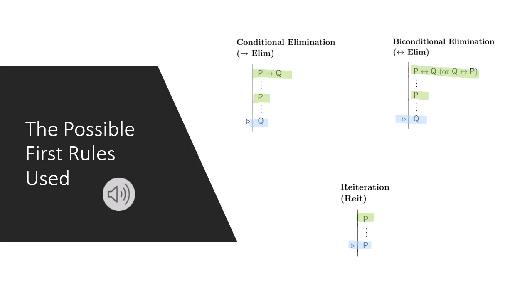And therefore, that Q is a tautological consequence of the assumptions in force at that particular line. And then, likewise, the last rule we could apply is just reiteration. In that case, P is among the temporary assumptions or the premises of the proof, and we just reiterate it on a line down below, and it's clearly a tautological consequence because it's just the same sentence. All of the remaining rules include some subproof that you have to cite, so this completes the base